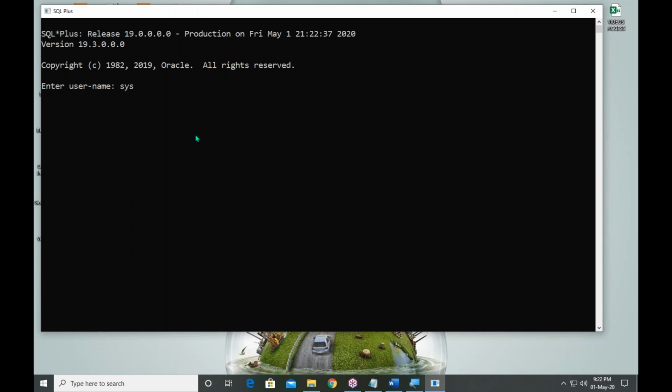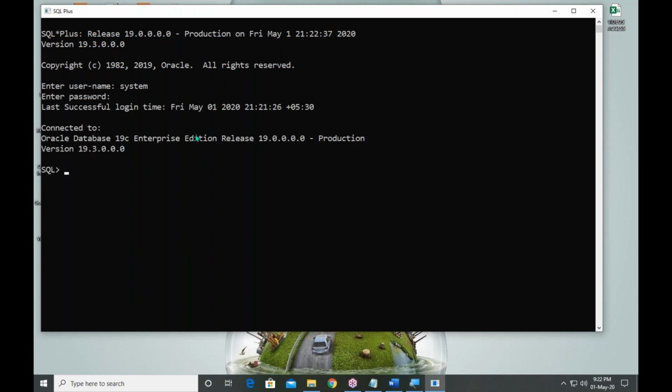So again, connect as system, manager_1. Connected. Now switch into the pluggable database. Alter session set container equal to ORCLPDB.